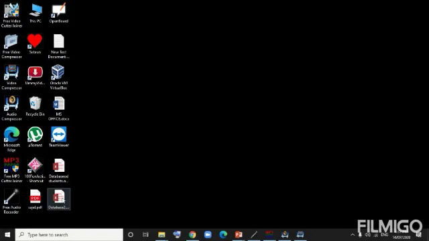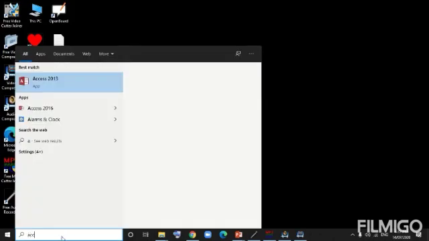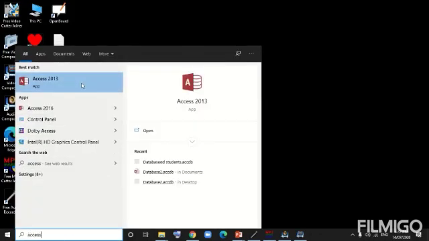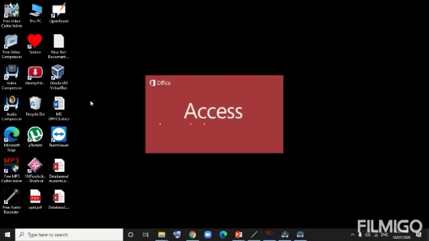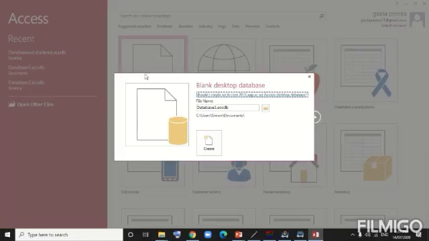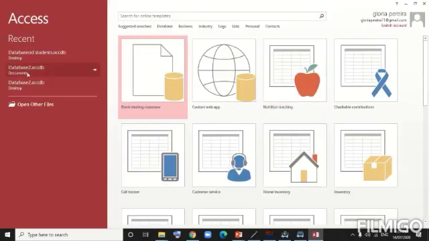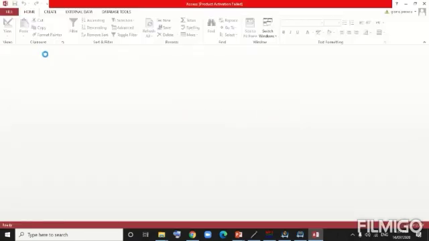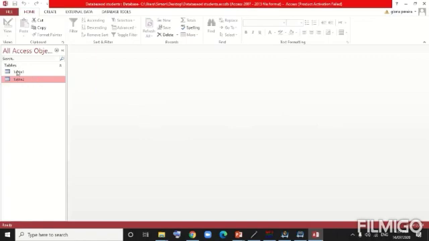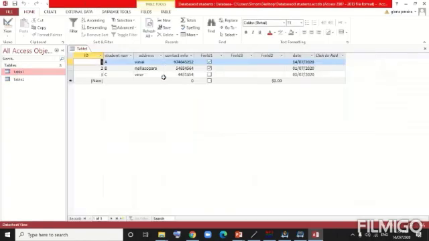We have already created the table over here. I'll just start with Access 2013. And as we know, I'm going to open the existing database. Now fields are nothing but the columns. As my data is already created over here, you can see we have the auto number, then the text, short text, long text, the number, different types of fields already added.